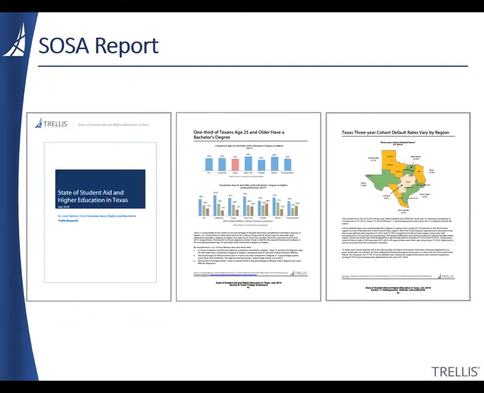As I mentioned before, the SOSA is intended to be a reference document designed to give you a quick stat on the topic of interest, so you don't really need to read all 12 sections in sequential order to get what you need. The pages are designed to stand on their own. Each page gives you a headline, a graphic, a brief summary text, and the data sources. You can scan the table of contents to find the pages or sections of interest and go from there.